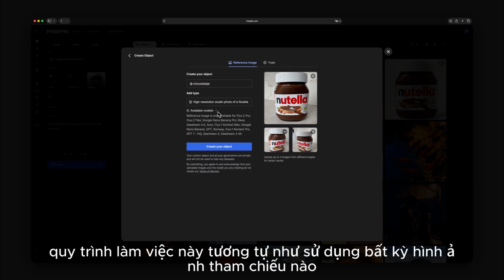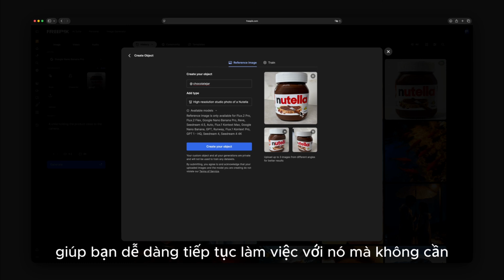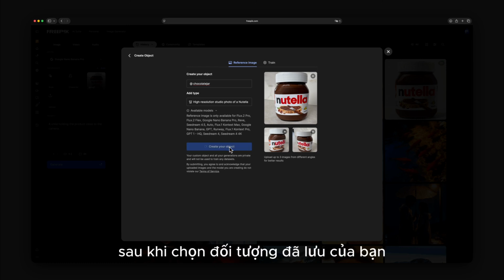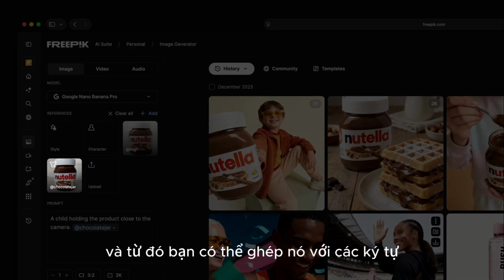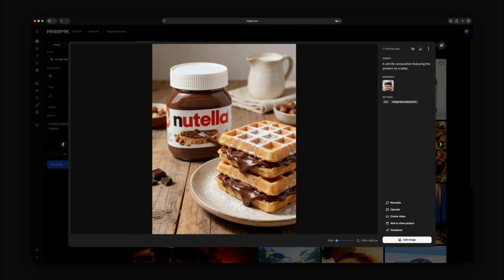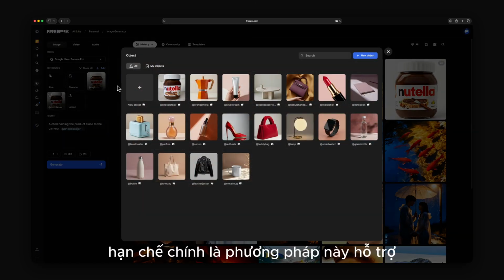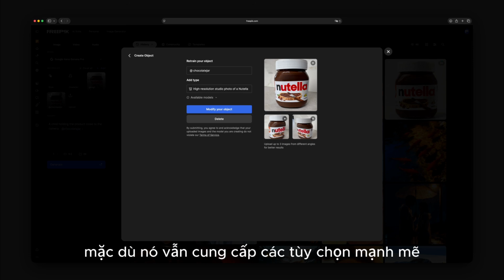This workflow is similar to using any reference image, but the system treats your product as an object, making it easy to keep working with it without re-uploading. After selecting your saved object, it appears as a reference in the image generator, and from there you can pair it with characters, scenes, or lighting presets. Because the object is always available, the workflow becomes more efficient. The main limitation is that this method supports fewer models than Image Generator, though it still offers strong options and